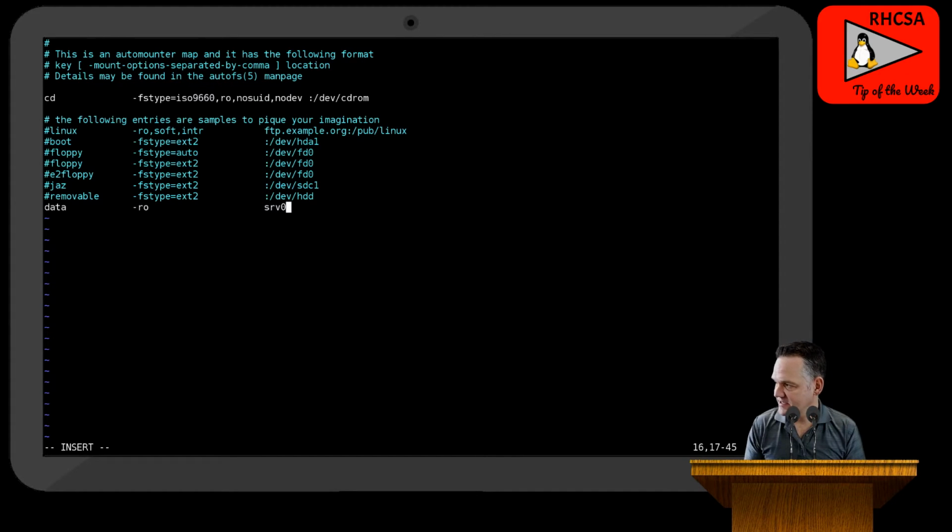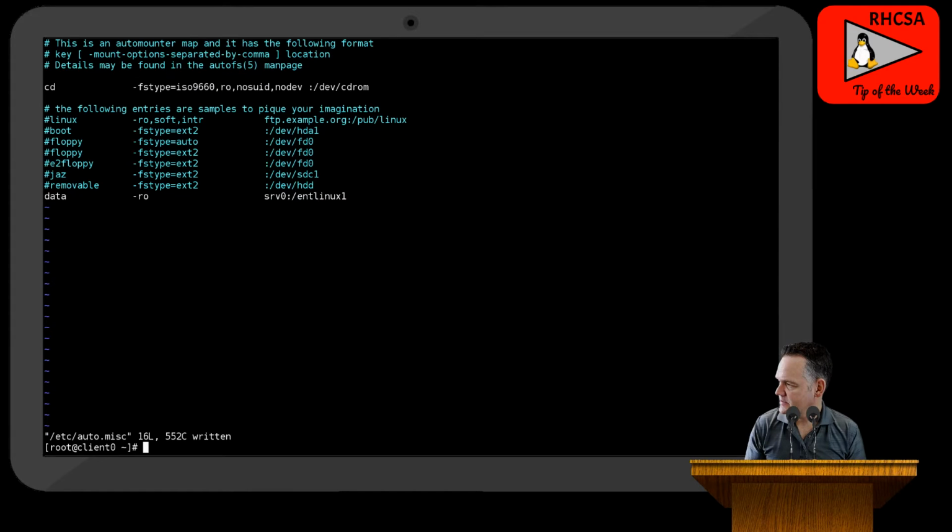And then here's where I define the resource. In this case, srv0. This is NFS, so I'll use the colon, and then Enterprise Linux 1. Now I'll go ahead and save my change. Now there was always a bug with Autofs that it didn't like to restart correctly, and so